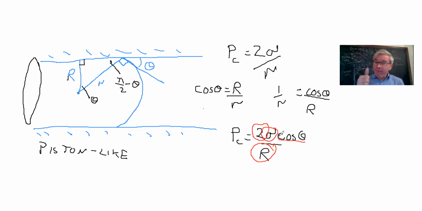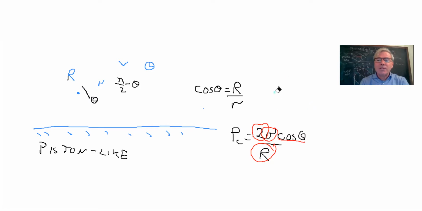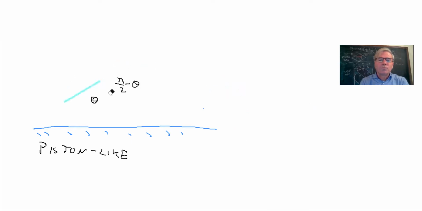Okay, so that's the first example that we've got on the board. Now let's do the second example, the snap-off example. So what we're going to do is erase everything here, and we're going to take the second example. And again, draw a picture, take your time. Okay, so this second example,